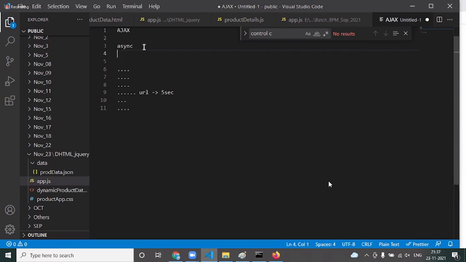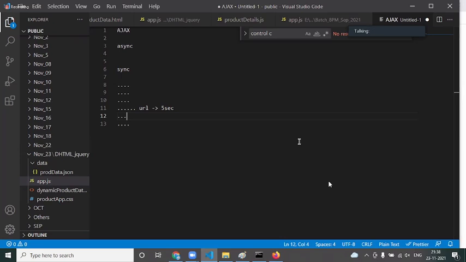But if you say, no boss, I want synchronous, what do you mean by synchronous here? When I come to line number 8, 9, 10, 11, and I hit a URL to the server, doesn't matter whether it is 5, 15, 25 or 30 seconds, I keep on waiting until I get the response from the server. After the response, only then I go with further execution. This is what we call synchronous communication. Am I clear?